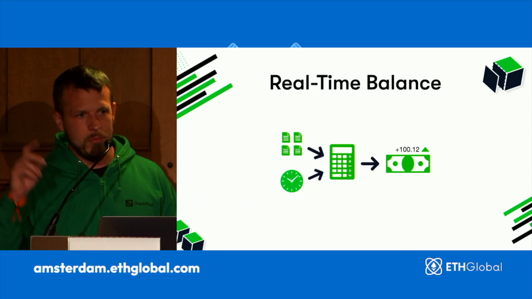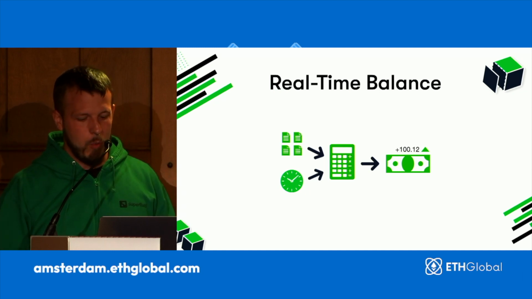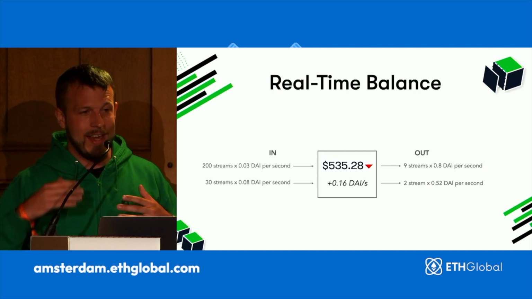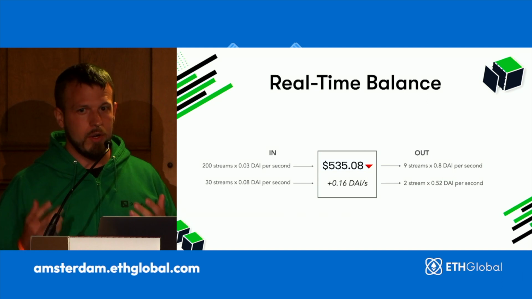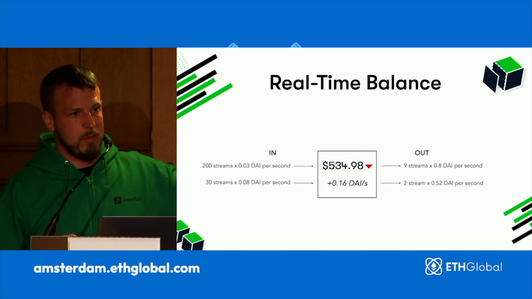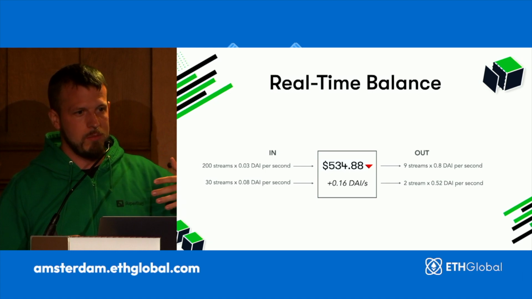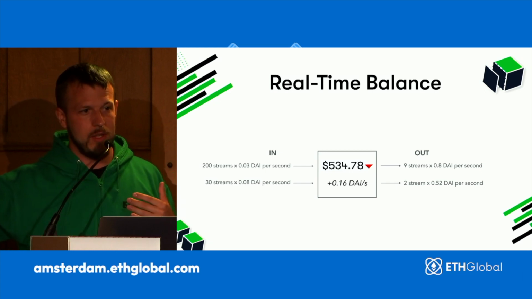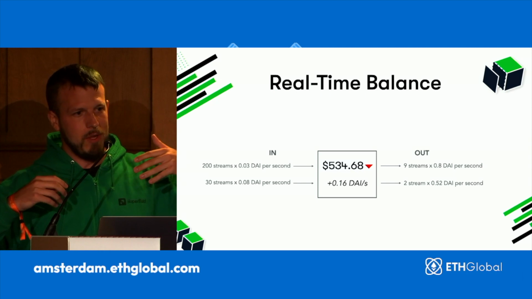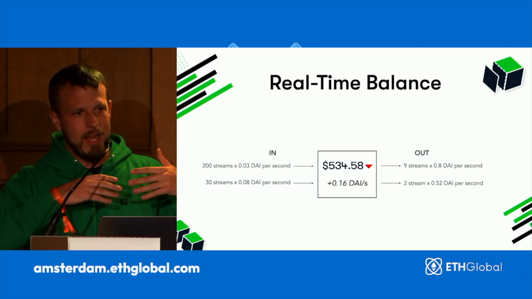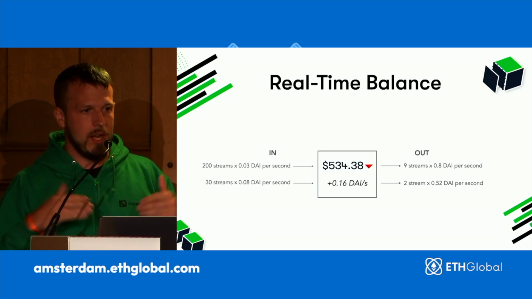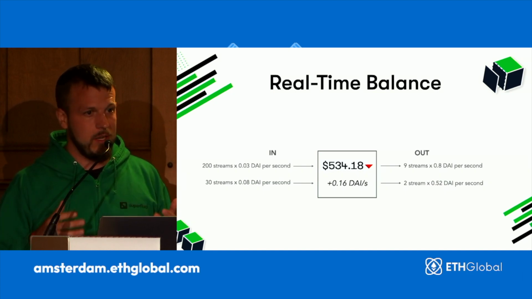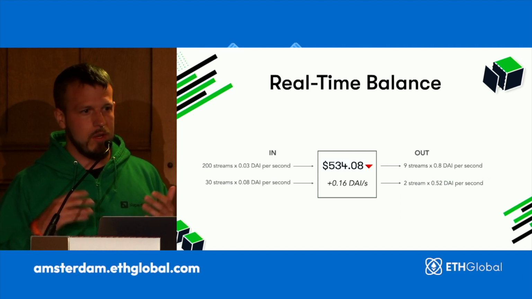Now, obviously, you don't want to be there clicking the button every second, but what you can do is have incoming and outgoing streams from the same account at the same time. So for example, maybe you're working for a company that has subscription payments. Their clients are paying subscriptions in streams, and then the company is paying your salary in a stream. So the money comes in from the customers, and then it goes out to the employees, and this happens in real time, and you're left with the net of those incoming and outgoing streams every second. So again, the balance in the middle is immediately available, settled every second, and you can use it as you wish.